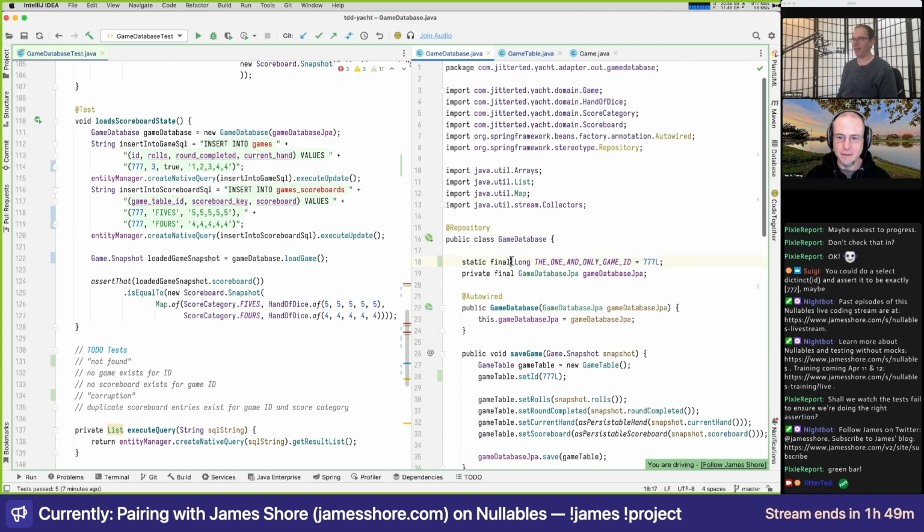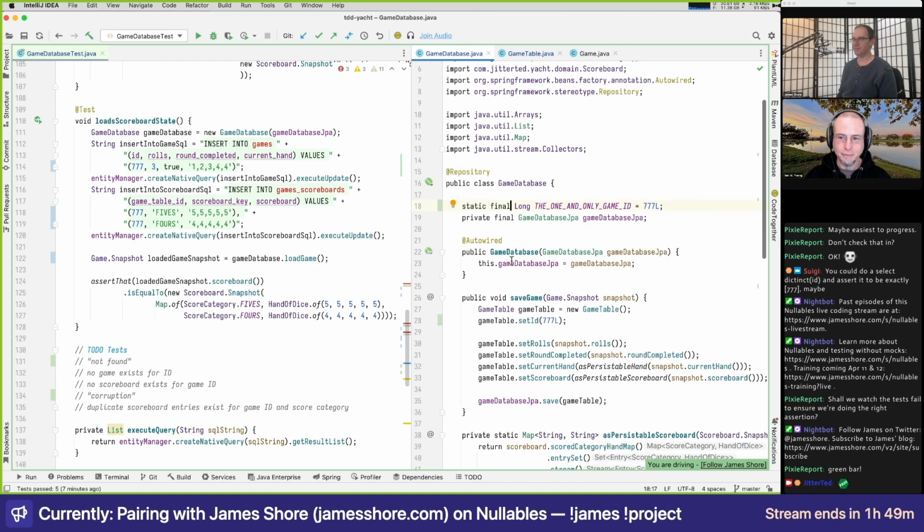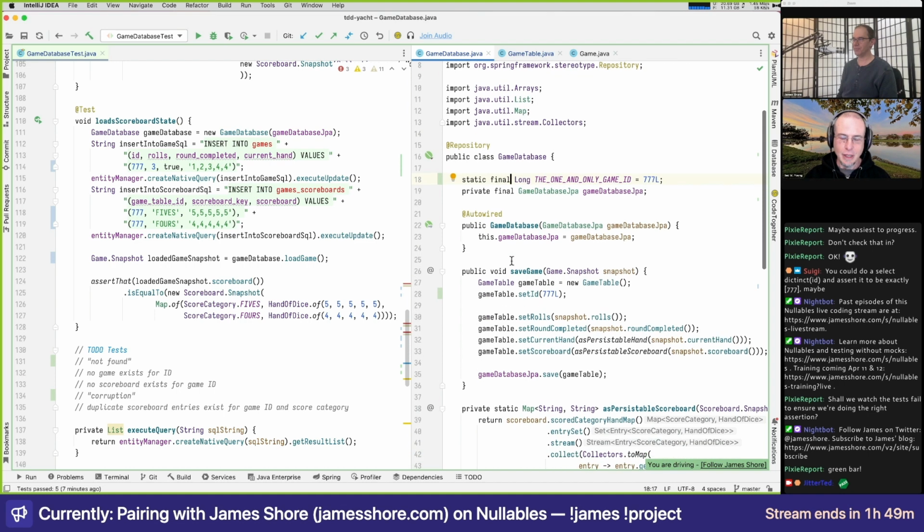The only problem with that is that our tests might start getting weird because we're going to have to start using that in our tests. We could always create an alias, basically a constant in the test that's assigned with the constant from the production code. Which might actually be convenient.